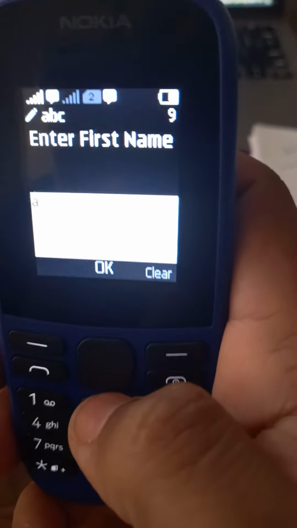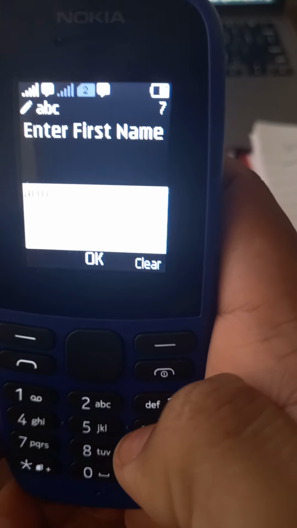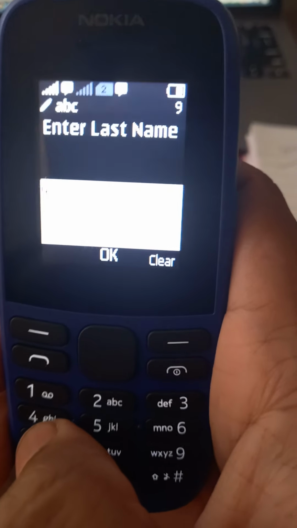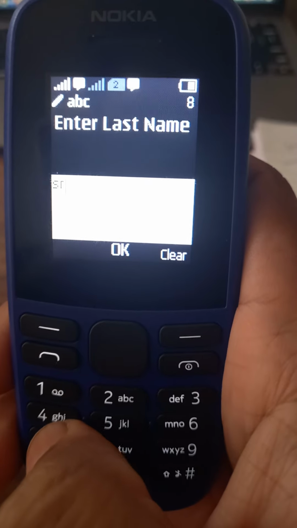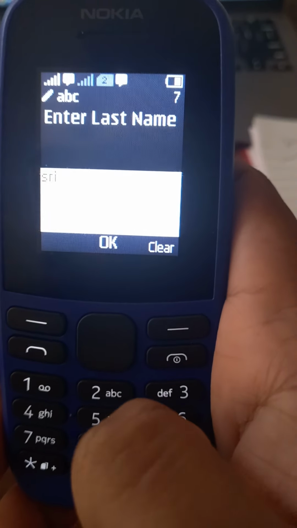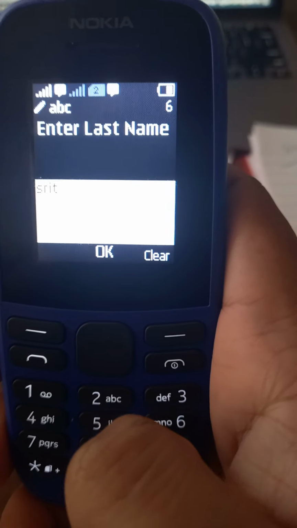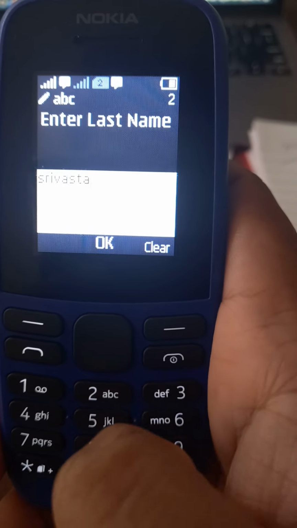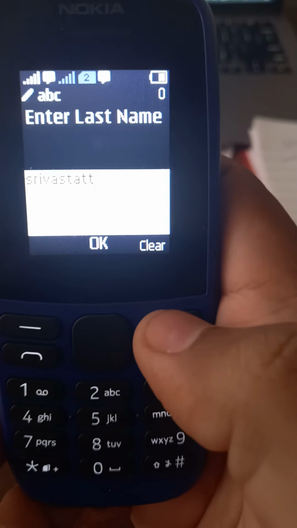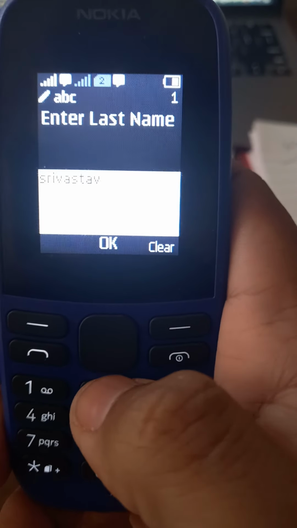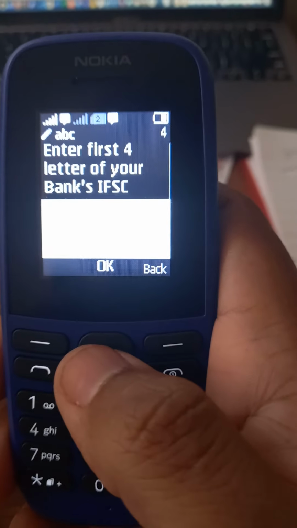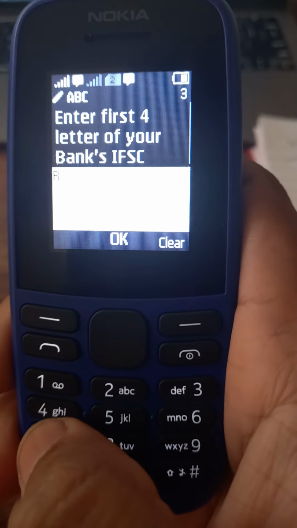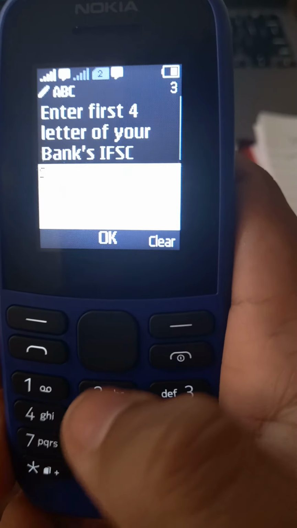The first name, first four letters of your bank's IFSC. My bank account is from Standard Chartered, so the IFSC is SCBL.